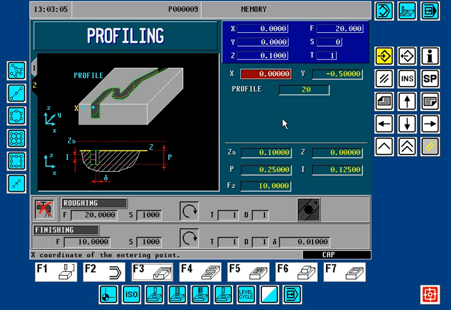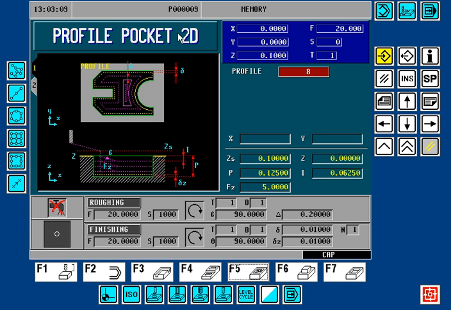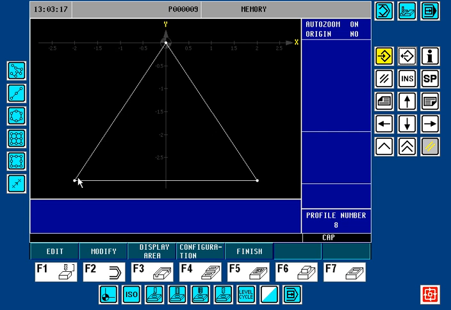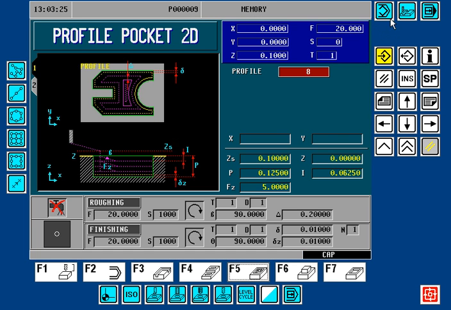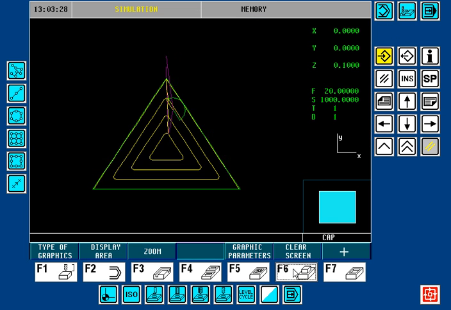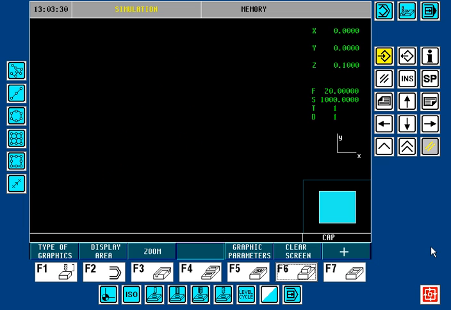Let's now take a look at the exact same example using the F5 key, which is Profile Pocket 2D. And here I already have an example already created in the profile editor. It's the exact same triangle, but this time instead of profiling it, we're going to cut this as a pocket. So if I go to the graphics icon key, clear it, cycle start,